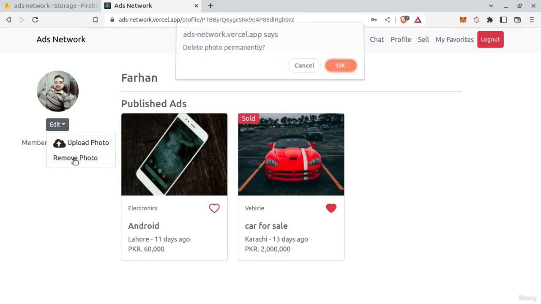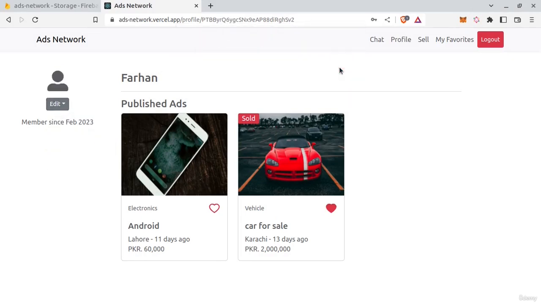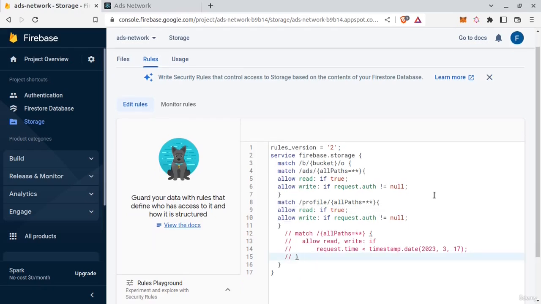Able to upload and also remove. So everything is working as before, but now we have restricted access to specific folders, ads and profile, in storage